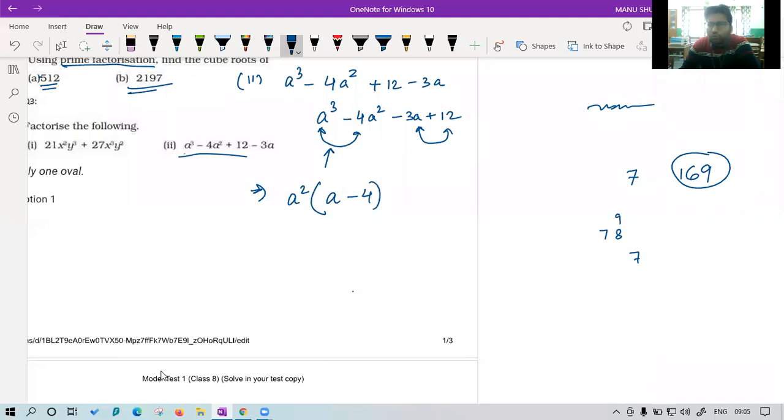In these two, what should I take common, class? Please tell me. In these two, what should I take common? Please confirm. Okay, Ananya saying 3. Others, please confirm. Okay, right now I am going with your number. I am going with 3. Is it correct if I write like this? Please confirm. Class, is this correct if I write like this? I have taken 3 common. Class, till this point, any issue? Please confirm. Till this point, any issue?